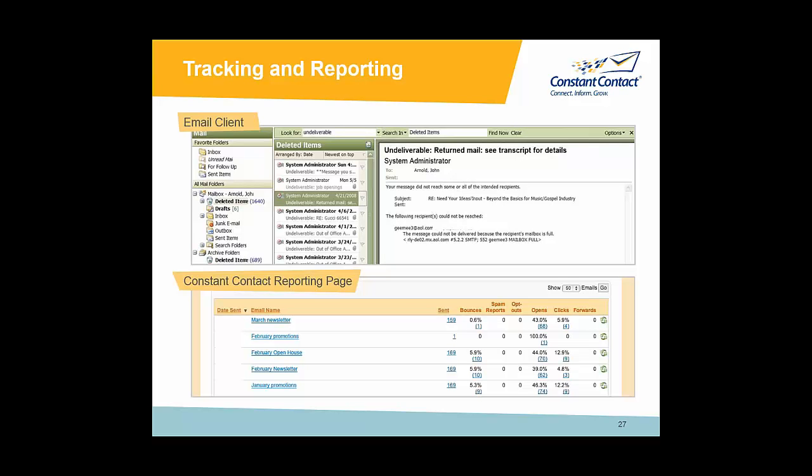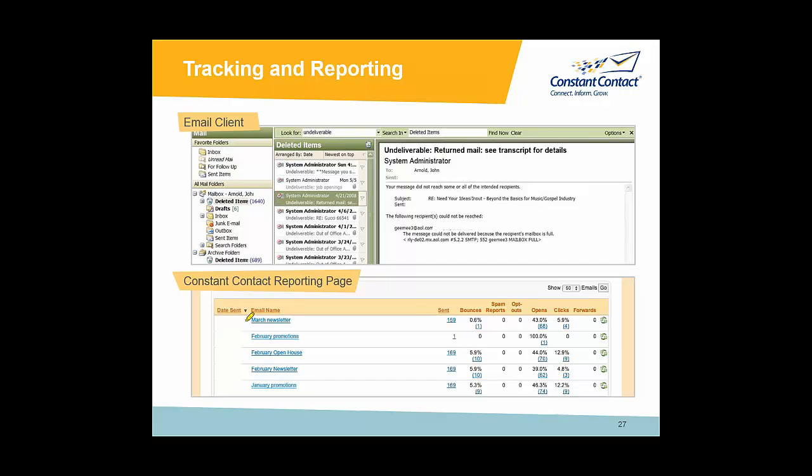I know at the bottom some of your Constant Contact may look different, but email clients, all email clients, what an email client is going to do is if it's undeliverable, it's going to shoot you back an email, and you could get your inbox flooded with emails of undeliverables, and that's just a lot of things coming back that you don't need. With an email marketing system like Constant Contact, as those people that are using it, as you know,